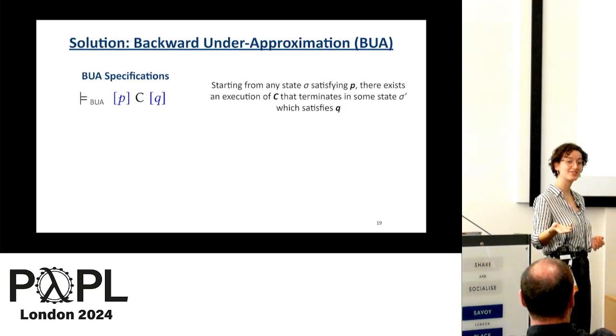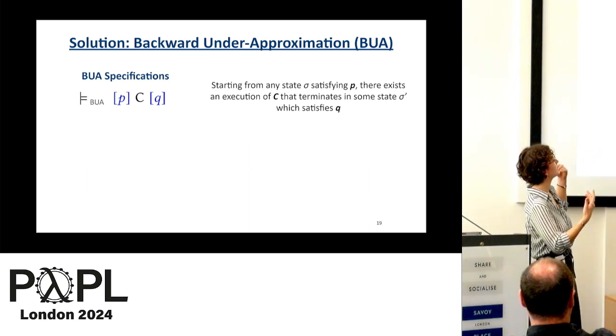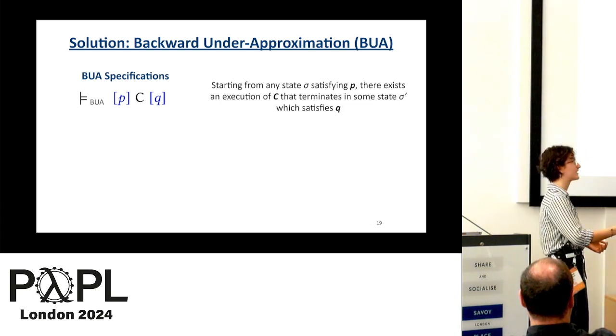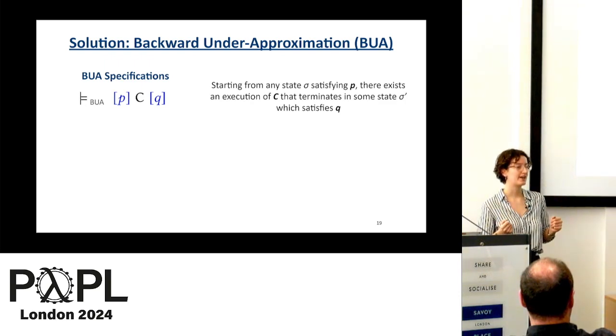We've heard Flavio talk about this before. They call it the sufficient logic. And this is also what was conceived as the Lisbon triple by Derek Dreyer and Peter Hearn. And this particular version of it is also based on the paper by Azalea Rath, Julian Van Eyck, and Peter Hearn, of which you can find a preprint online. So this triple says, for every state in the precondition, there exists an execution of C that leads to some state in the postcondition. So we say we know about some program behavior and where it leads, but there's a lot of program behavior we don't really care about and we don't really need to characterize.